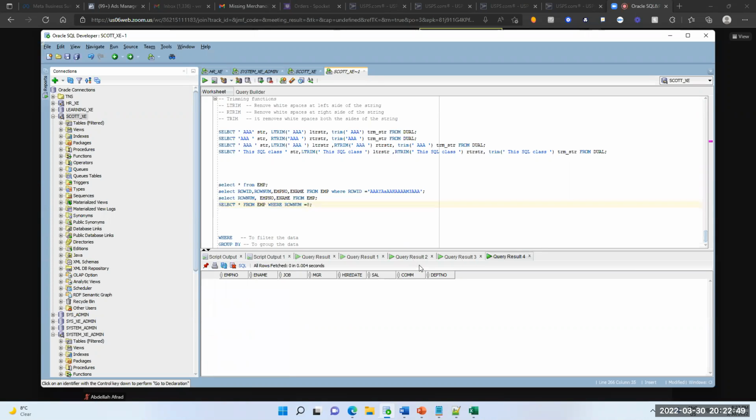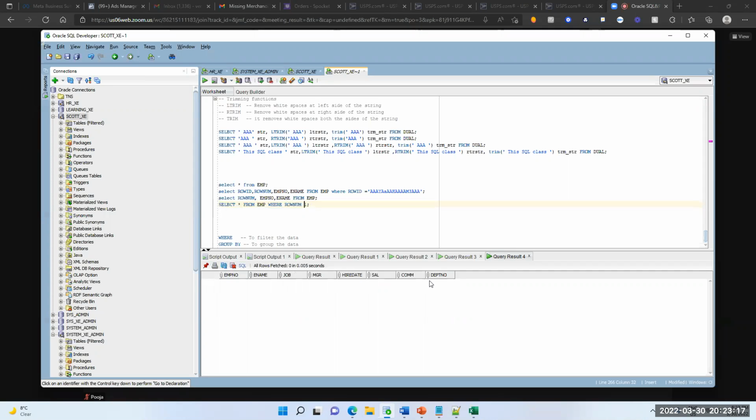Because ROWNUM works on the result set of the data, but it's not a unique number for the record particularly. For example, ROWNUM equal to 1 will work. When you try to write greater than 1, it will not work.